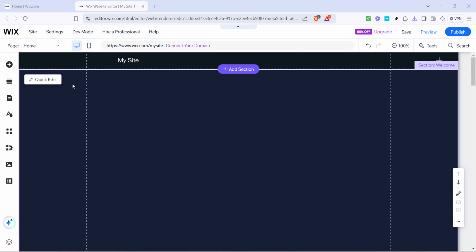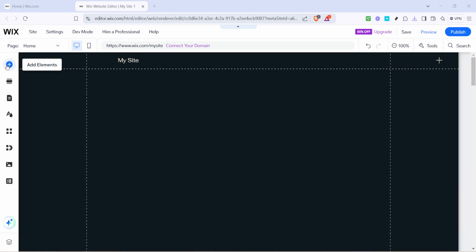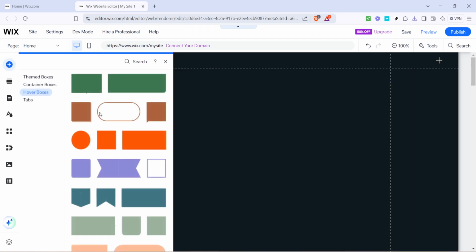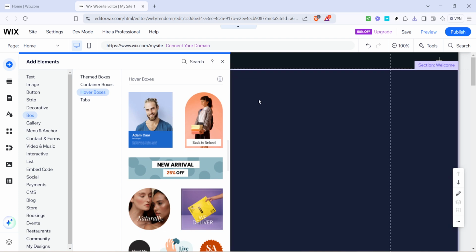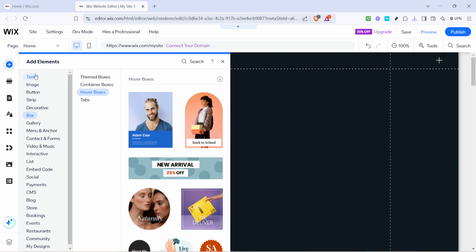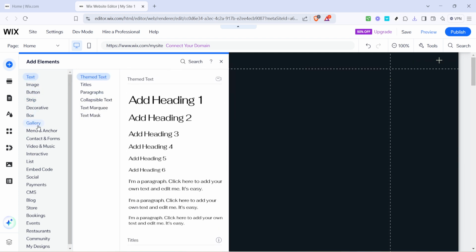Once you're in your Wix editor, you'll want to direct your attention to the left-hand side of the screen where you see the plus icon. This icon represents the Add button. Clicking on it will expand a menu of additional elements you can incorporate into your site. This feature is fantastic for quickly accessing a wide range of tools that can enhance both the functionality and aesthetics